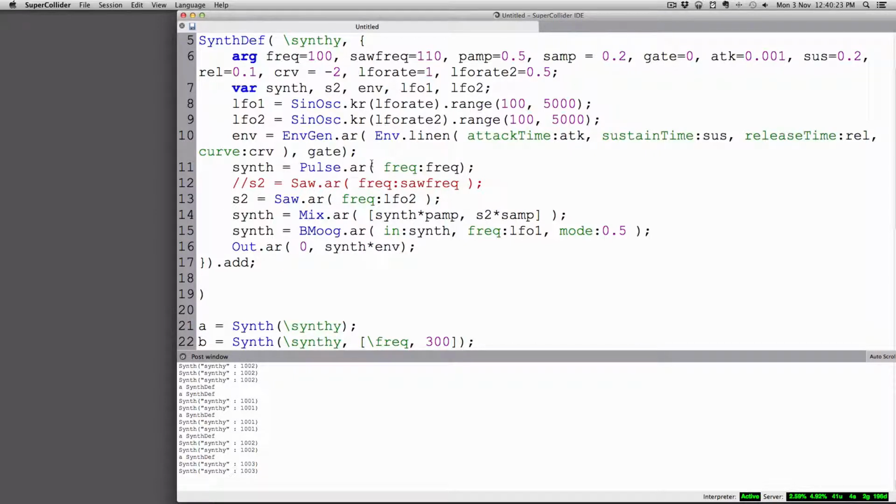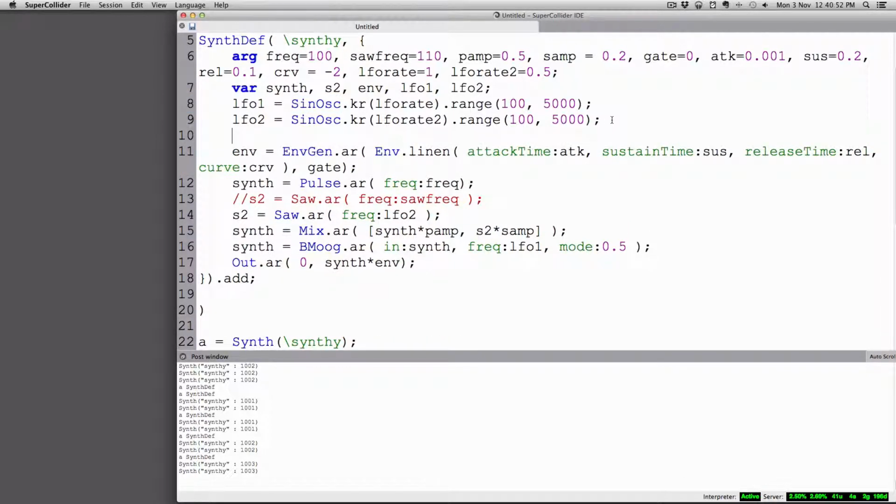So that's interesting. You can use things like sine oscillators, and these are sort of sweepy UGens that will do a sweep in the form of a sine wave. Of course, you can use a sawtooth wave, which will ramp up and then quickly come down, or a pulse wave, which is on, off, that sort of thing. SuperCollider also has a number of built-in, interesting random generators as well. So for example, let's make another